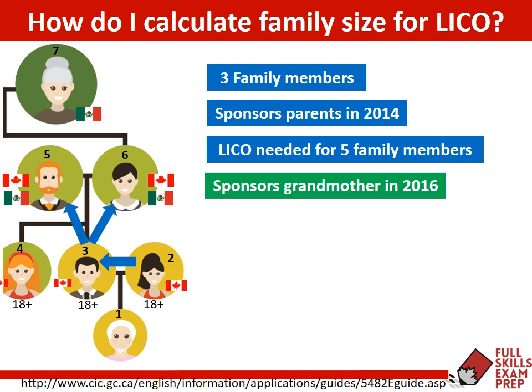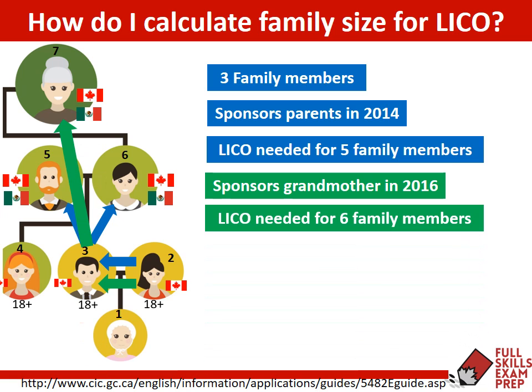Now, they took the next steps and sponsored the grandmother later on in 2016. Again, the wife was the co-signer on that. So if he's only sponsoring the grandmother, I know we saw before the full picture over here. Maybe the grandfather passed away or something, so he's only sponsoring the grandmother. They would have to prove the LICO for 6 family members. If the grandfather was going to be an accompanying family member of the grandmother, then they would have to prove 7 people.